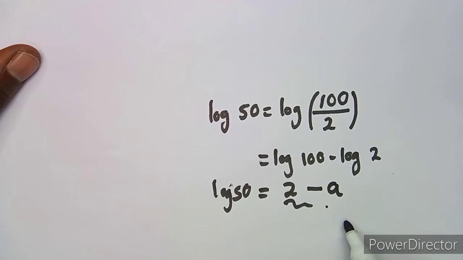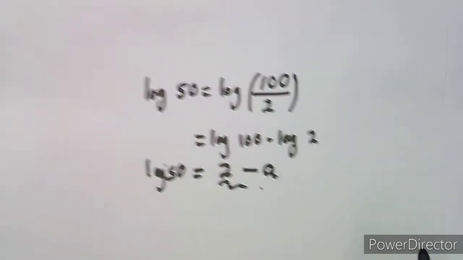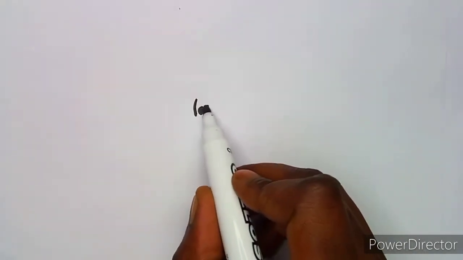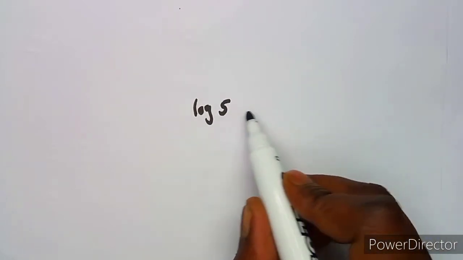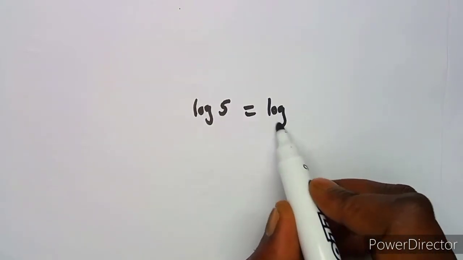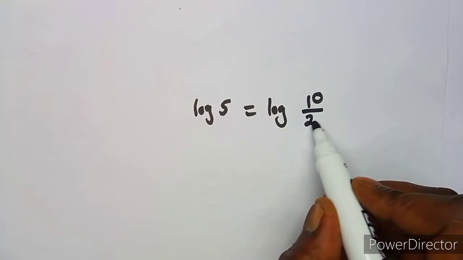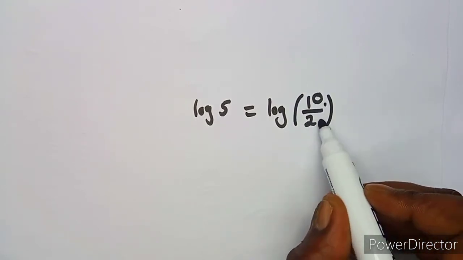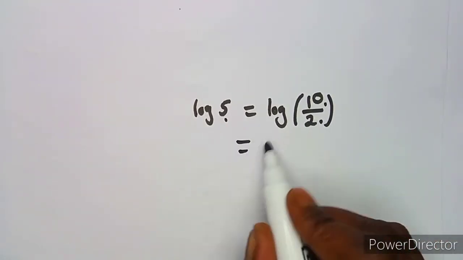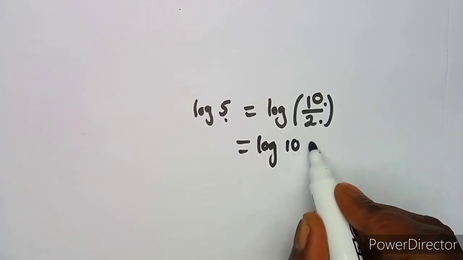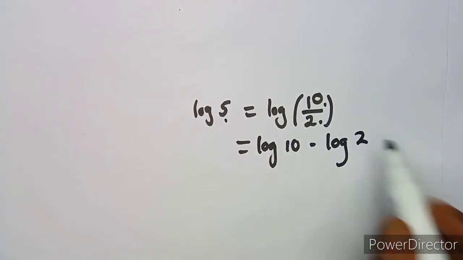So there can be different questions actually around that. You have to just play around with the question and so forth. Maybe it was log 5, something like that. So log 5 is going to be what? It's going to be log 10 over 2. If you divide 10 divided by 2, you obtain 5, which is going to be log 10 minus log 2,